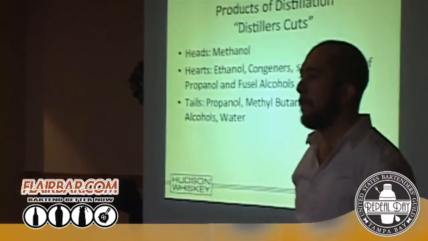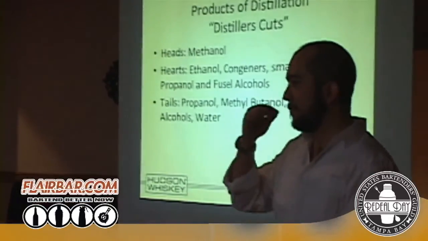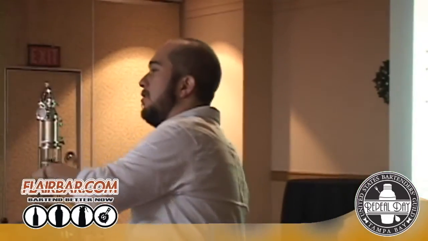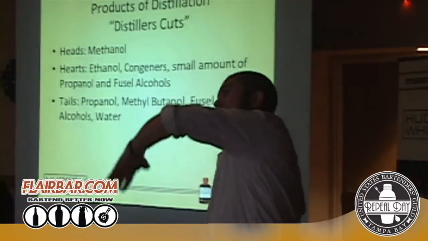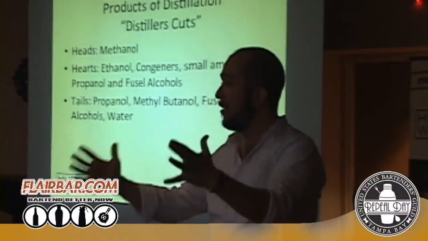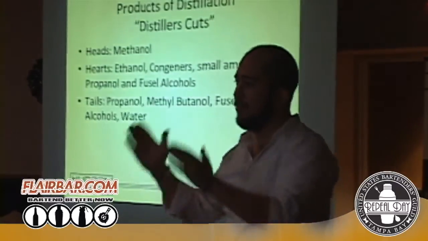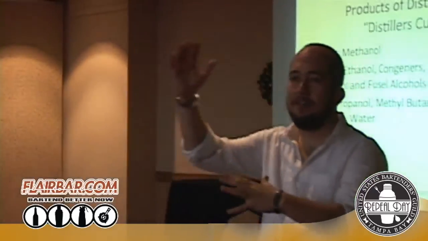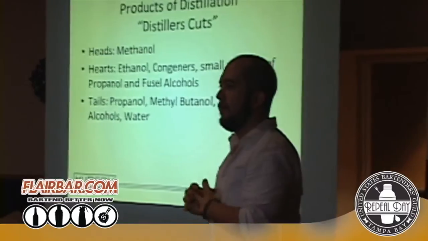Yeah? So you kind of gauge that by tasting the heads and tails? Yeah, well, for tails, we cut it at a certain temperature and a certain proof. The alcohol content is dropping as the distillation run goes through on a pot distillation, because you're just running out of alcohol. At 60% alcohol content, we stop collecting the hearts and start collecting the tails. We take those hearts, cut them down with water, and they go into barrels. Good? Did I answer your question?